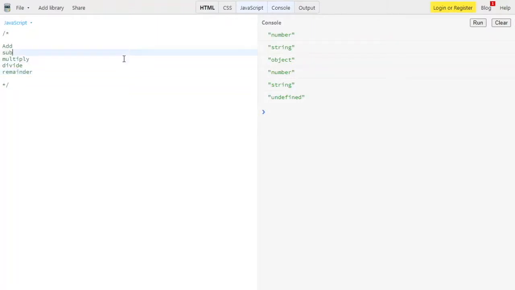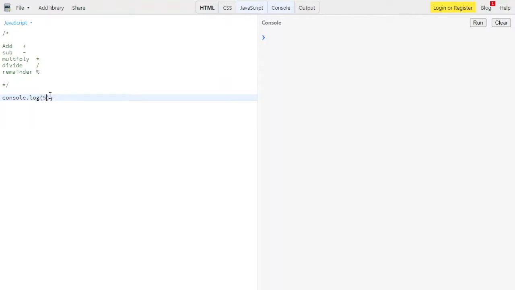Let me also put the sign. Multiply is denoted by star, divide is denoted by forward slash, and we have percentage for remainder. So let me clear the console over here.